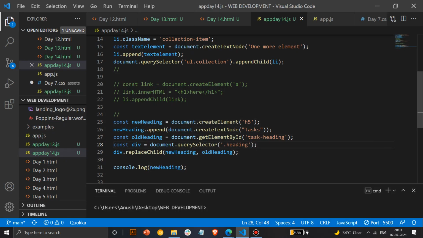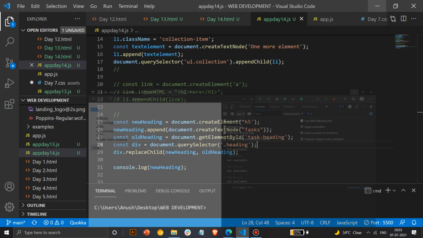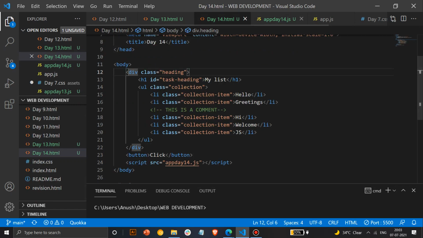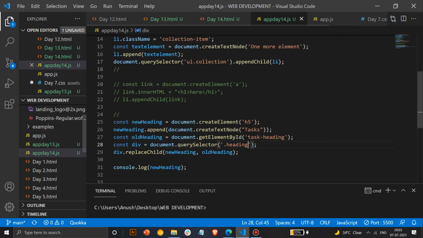I think with tags and everything, it doesn't give you the functionality to replace. So always use query selectors or document get element by ID or class name. These are giving more functionality as compared to tag or anything. So now you can see this is replaced with an h5 tag. And you can comment it out or you can change it. So any of that works. So always use div before it, or don't use the body element. Always remember not to use this body. Always create some parent element like div or something like that and access it through it.